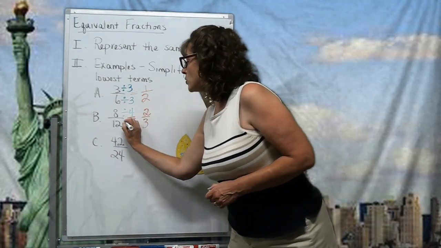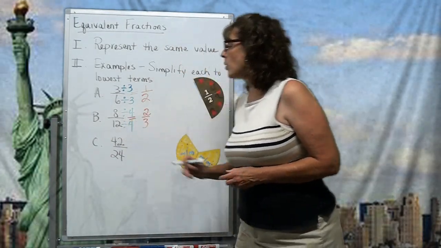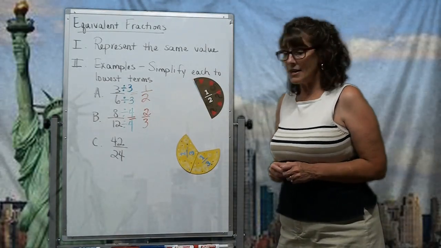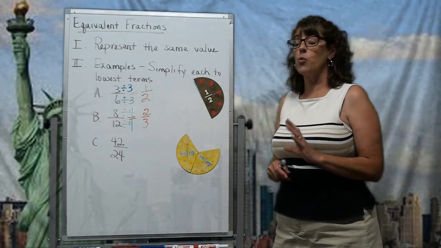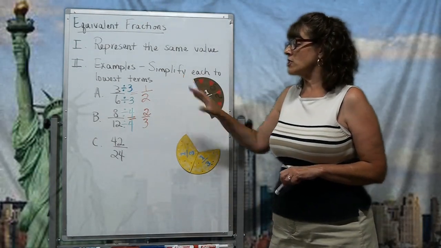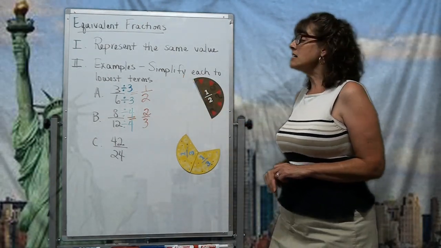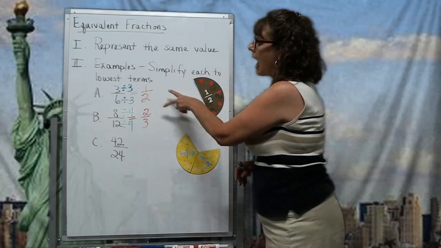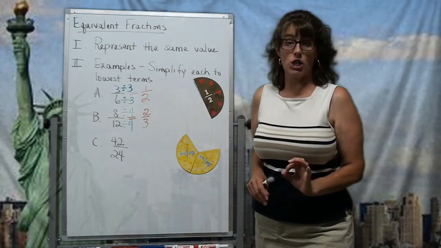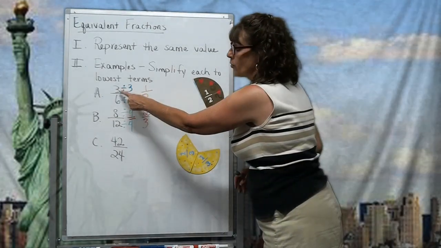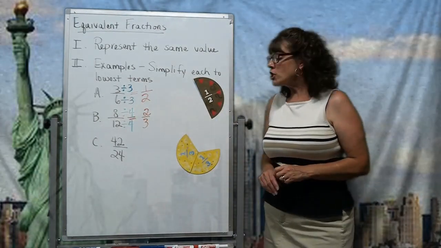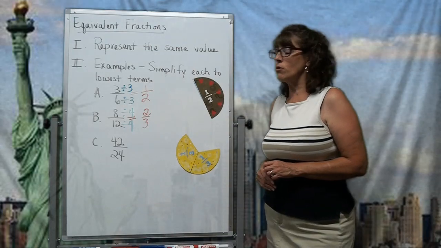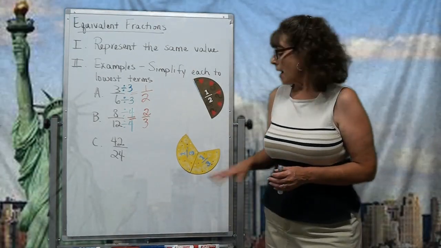Can I divide that 12 by the very same 4 and get a 3? Why, yes, I can. So that does appear to be the way that we simplify our fractions into lowest terms. The idea of lowest terms means I want numbers, digits that are smaller than 3 and 6, smaller than 8 and 12. So let's go with that idea here with my 42 over 24,